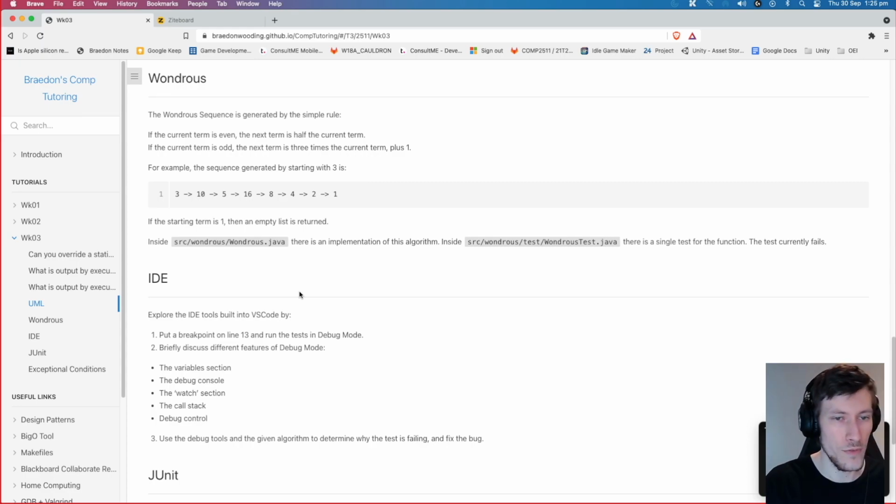If the current term is odd, the next term is 3 times plus 1. So we have 3 to 10, because 3 times 3 is 9, plus 1 is 10, half the 10 to 5, times 3 is 15, plus 1 is 16, half it to 8, half it to 4, half it to 2, half it to 1, and you just kind of